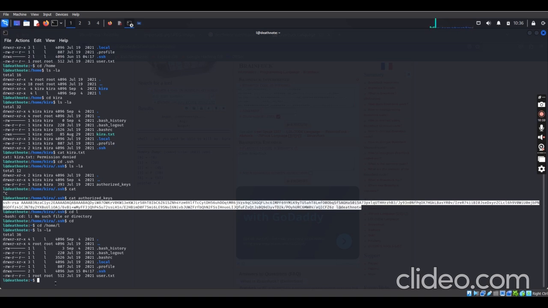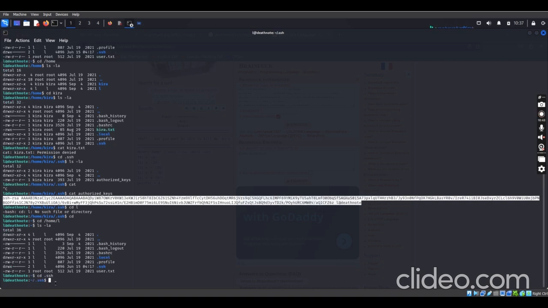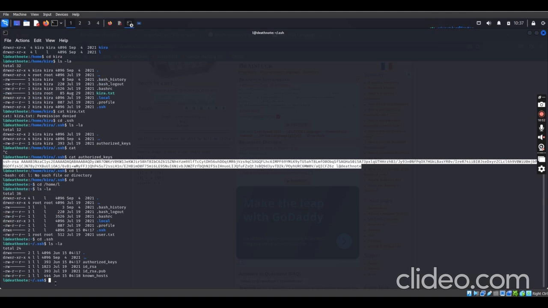So let's now cd to .ssh for L. Then here, if you look at it, we don't have any authorized key here. Okay, we already have one, which like I said, I've already done before.